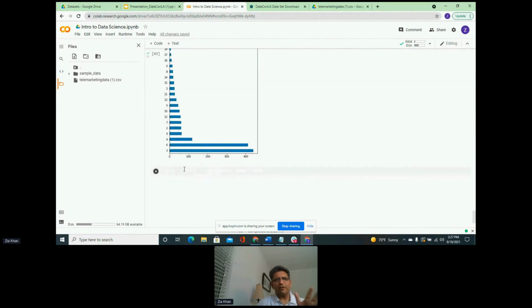Okay, so we've gone over histograms and box plots, and we've done a couple of line graphs as well. There is one type of graph that you can build to find out the relationship between two variables. So let's quickly go over that graph, and that is called a scatter plot.